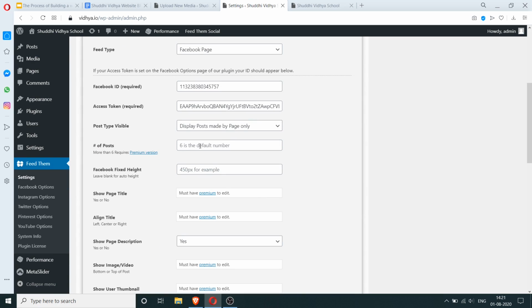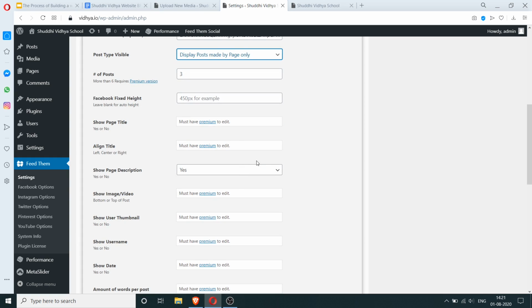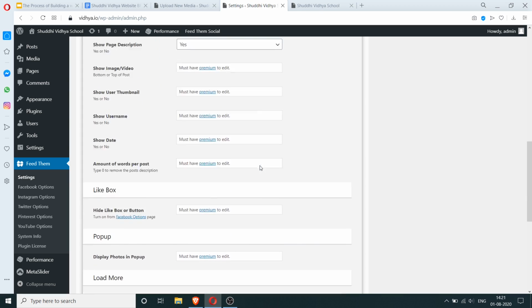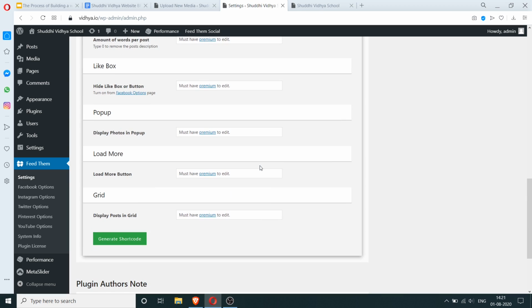And here I can set the number of posts. I'm going to set this to 3. Some of the features are restricted to the premium version of this plugin. So you have to pay and get that if you want that stuff.